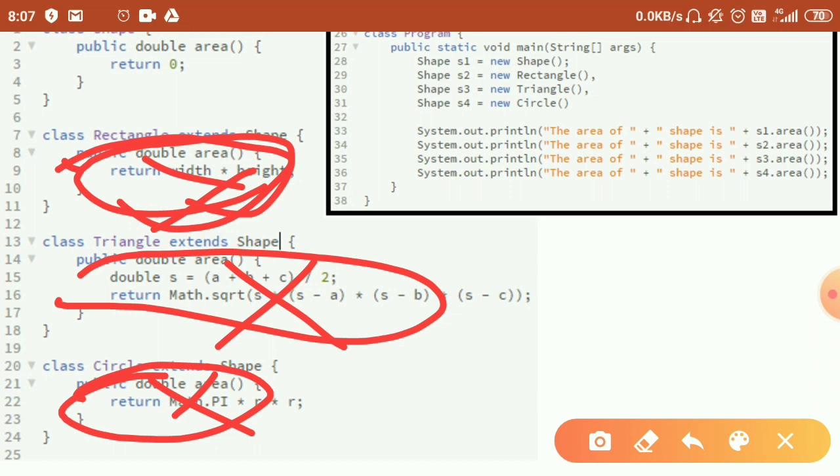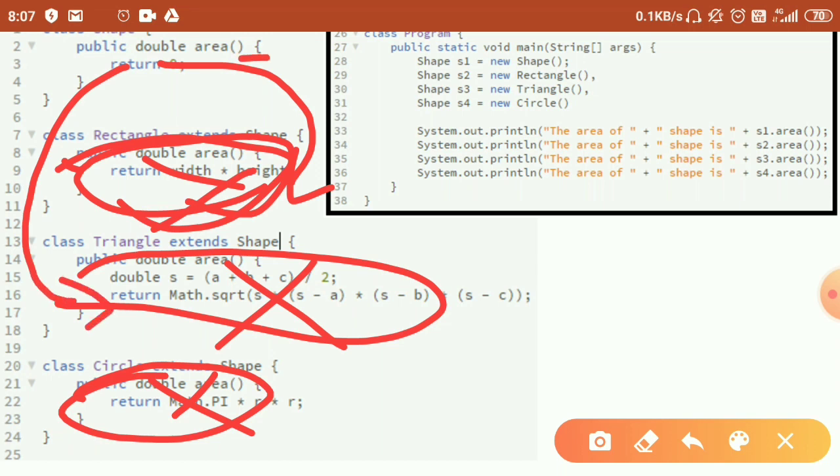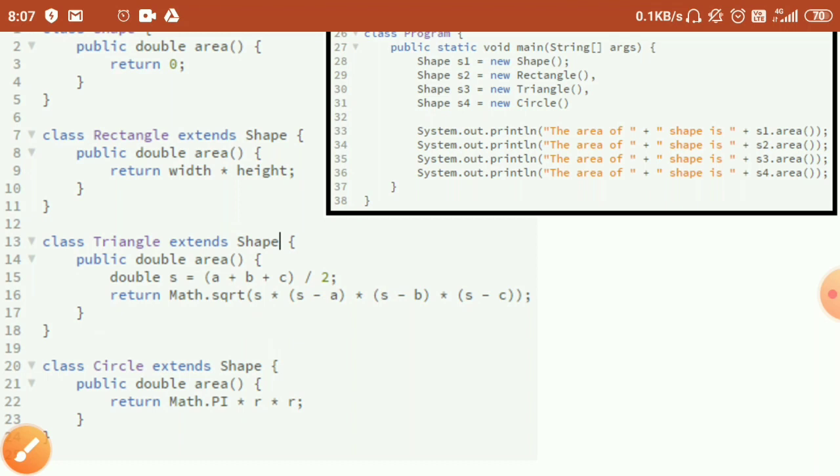By default, this area function would have come here, and every time I would have got the value of area as 0. Let's come to the next class, the final class. This is our main class.